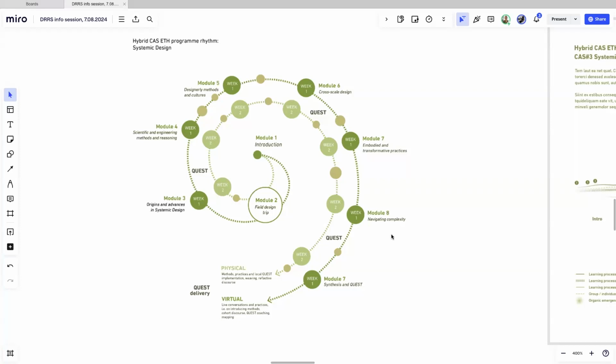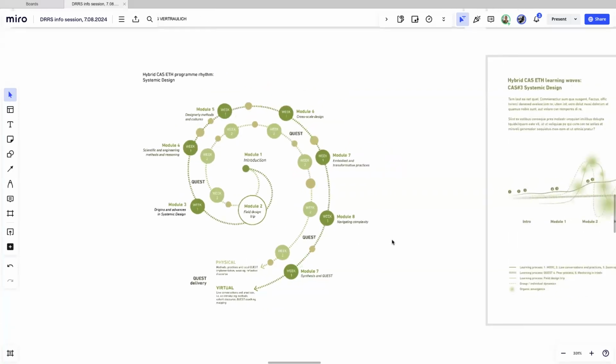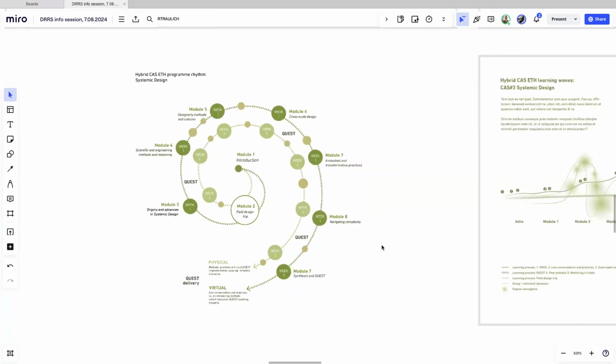So how can we develop the inner and outer capacity to befriend this kind of continuous change process and being in uncertainty, which requires both technical knowledge and methods, and requires also embodied cognition practices, and it requires inner processes of cultural mindset shift. And at the end is a synthesis module, which brings these things again and again together and also relates back to the quest.